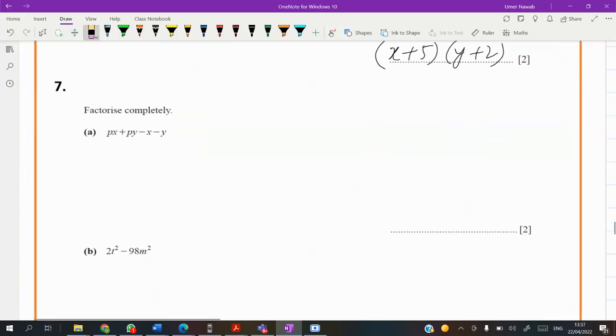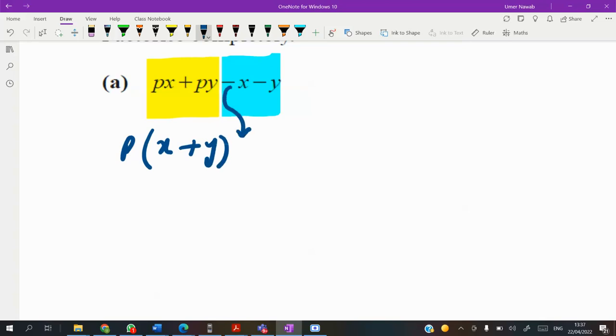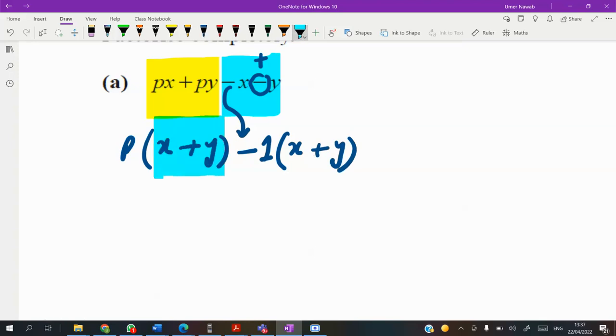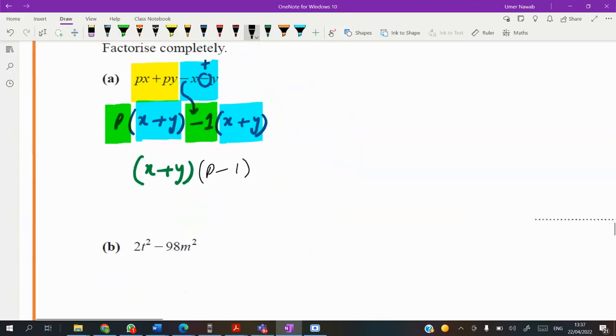Next, grouping question. So what is common in them? P common. So x plus y. Oh, there is a minus sign. So this minus changes to plus. If nothing is common, I always tell you we have to replace it by 1. So 1 is common and copy them as it is. x and the minus changes to plus, plus y. Didn't I say the two brackets will be the same? So write it one time, x plus y, and outside things are p minus 1. They will be written in the second bracket. So x plus y